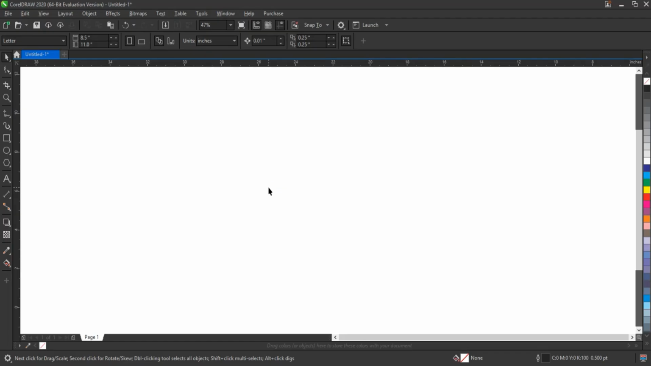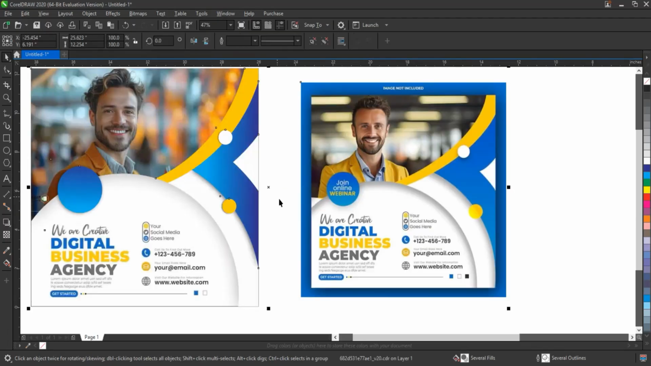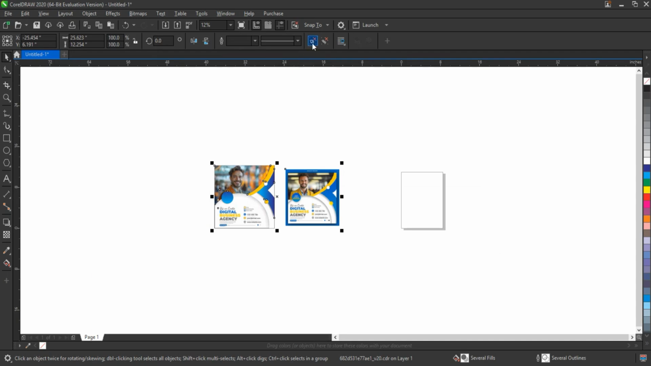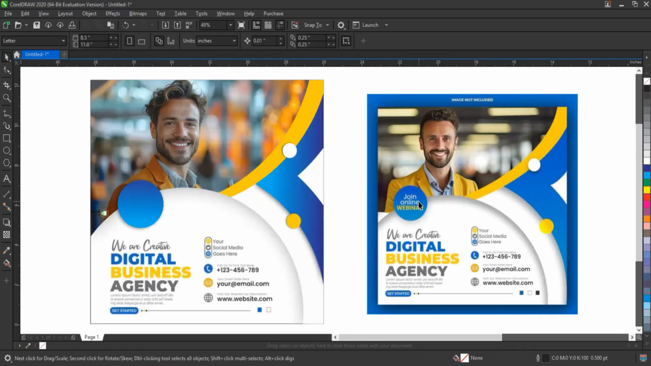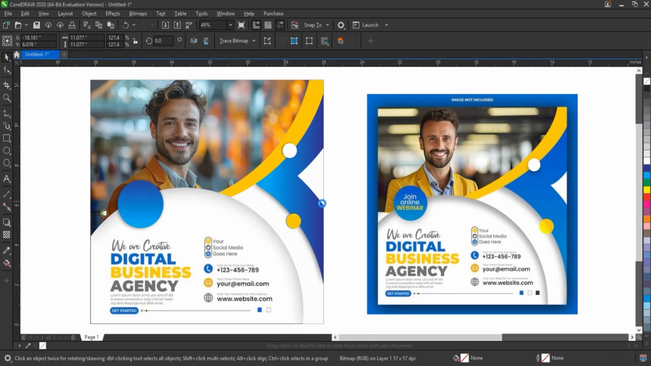Here is your converted file. It's now ready and compatible with the older version of CorelDRAW you selected. You can go ahead and download it, open it in your software, and continue working without any issues. This simple method ensures that your designs are always accessible, no matter which version